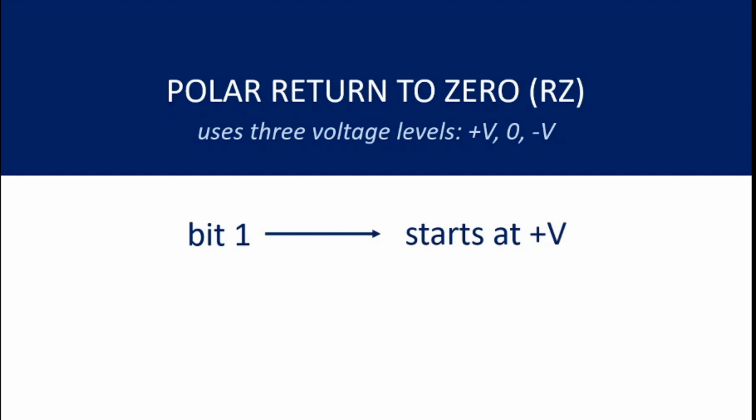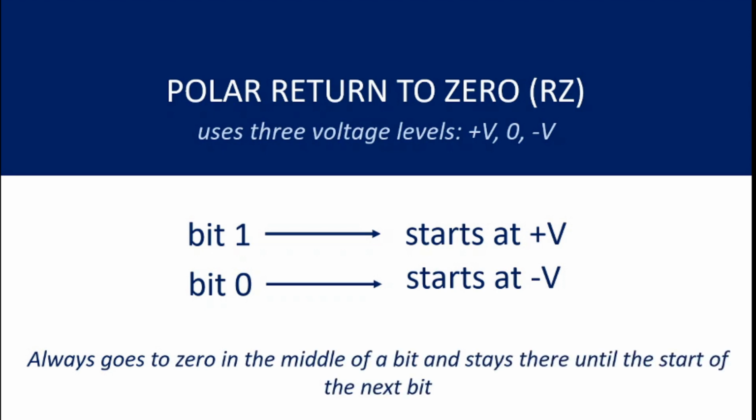Bit 1 starts at positive level and bit 0 starts at negative level. In both cases, the signal level goes to 0 in the middle of the bit and stays there until the start of the next bit. Let us look at an example. Consider the data